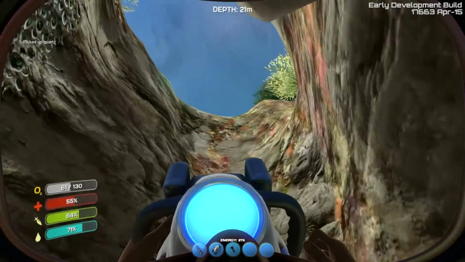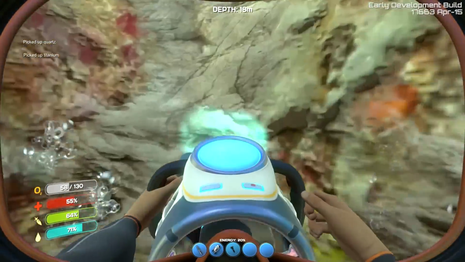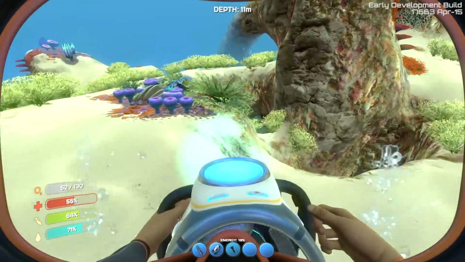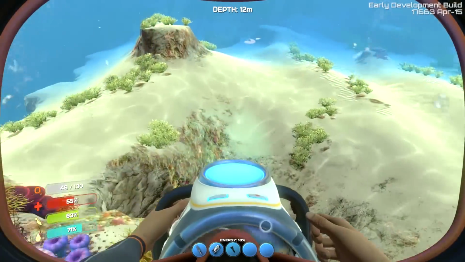Watch out for our lovely little crashy friends down in here. Get some titanium off that wall, yes please. They should make a recycling unit for all these extra scrap pieces too, like these sea moth fragments. There should be a recycling unit so that once you find the fragments that you already have...